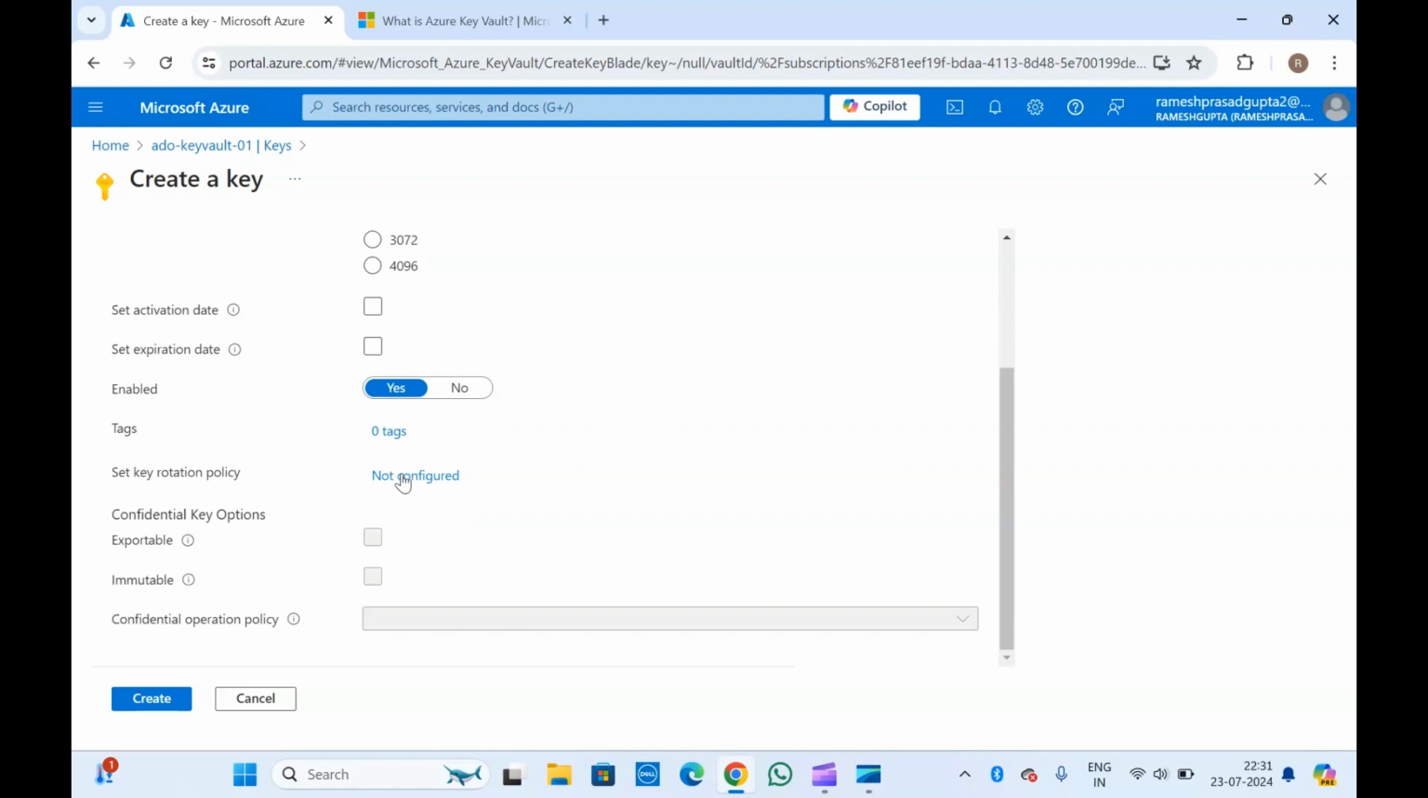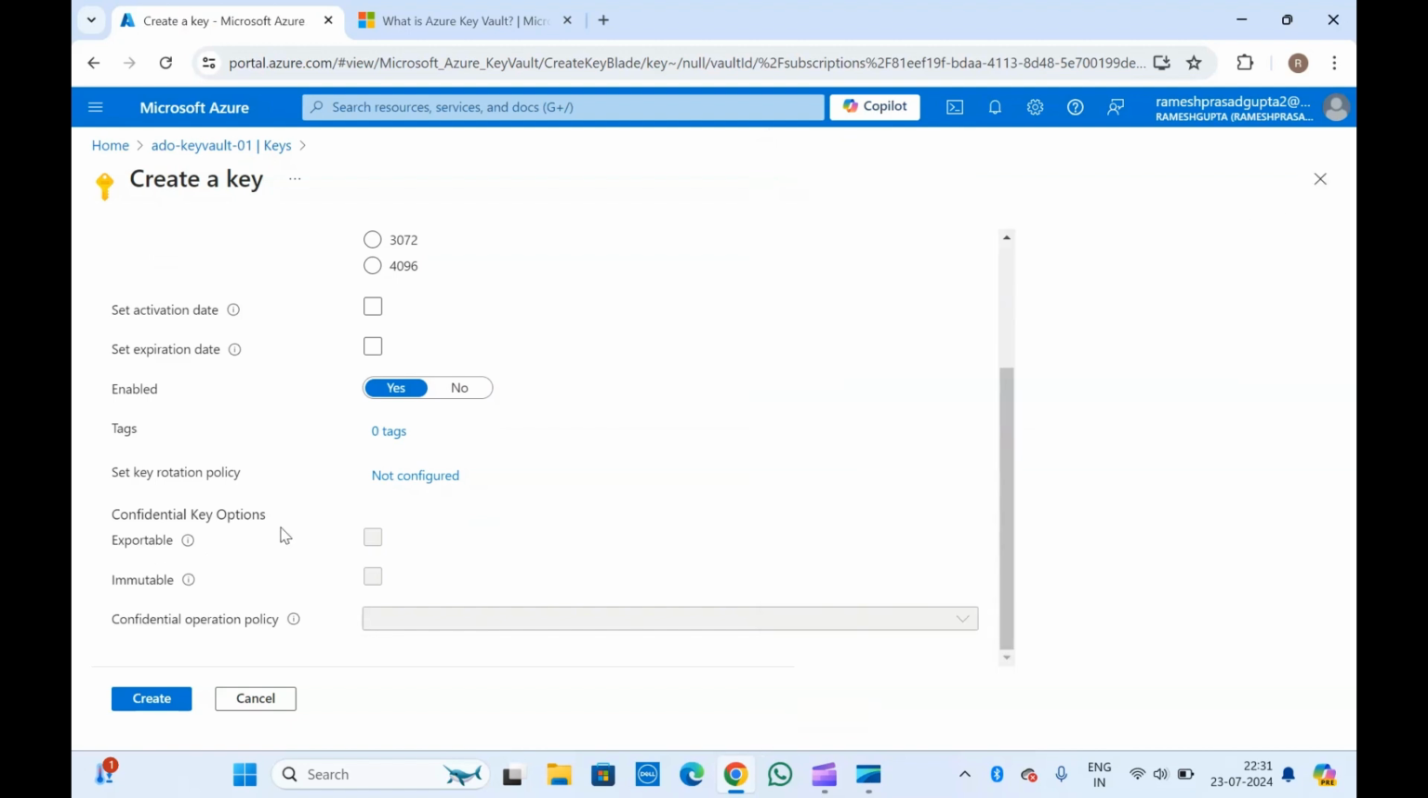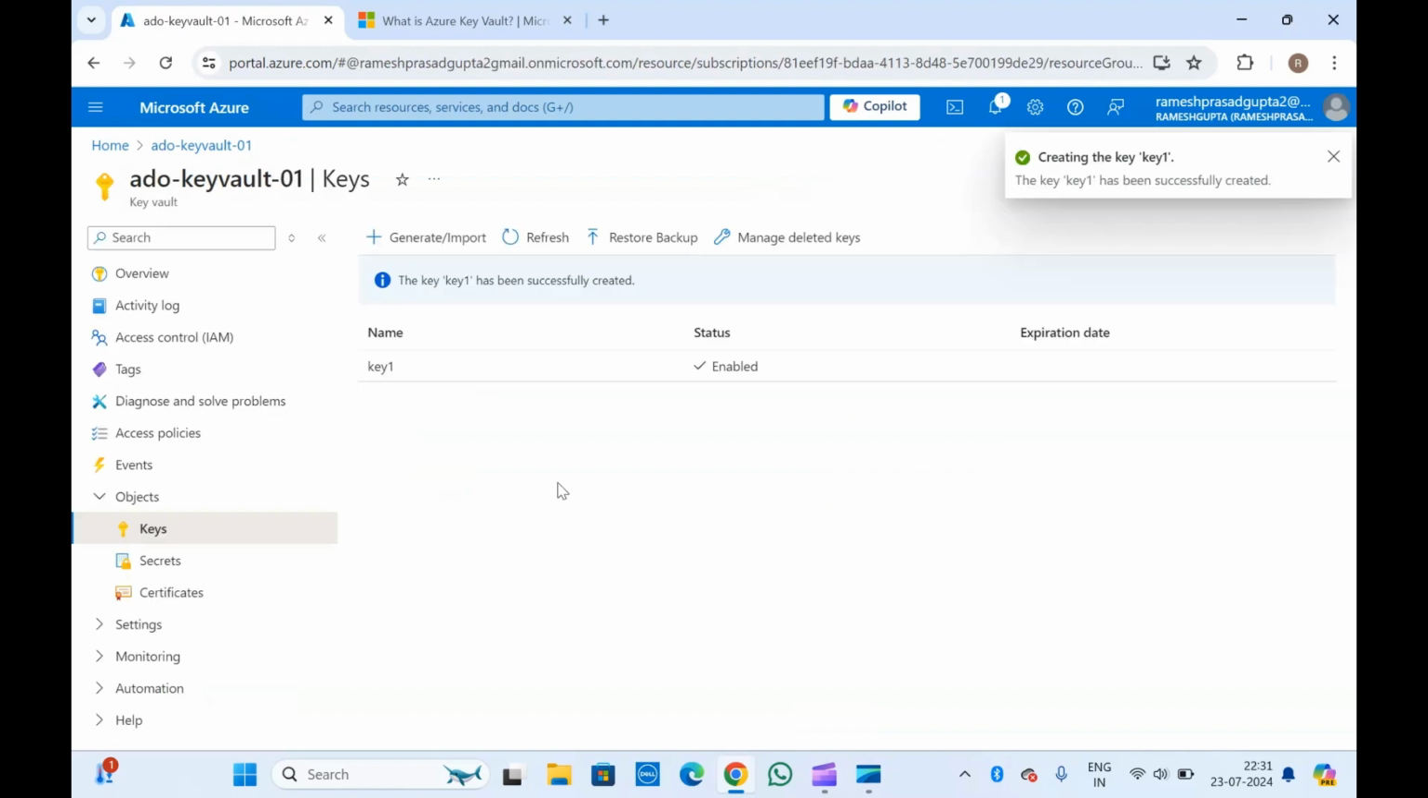Set key rotation policy. If you want to rotate this key, you can select that as well. Okay, and you can click on create. So this key will be created. Okay, so like this you can create the keys, and if you have deleted the keys, you can go and